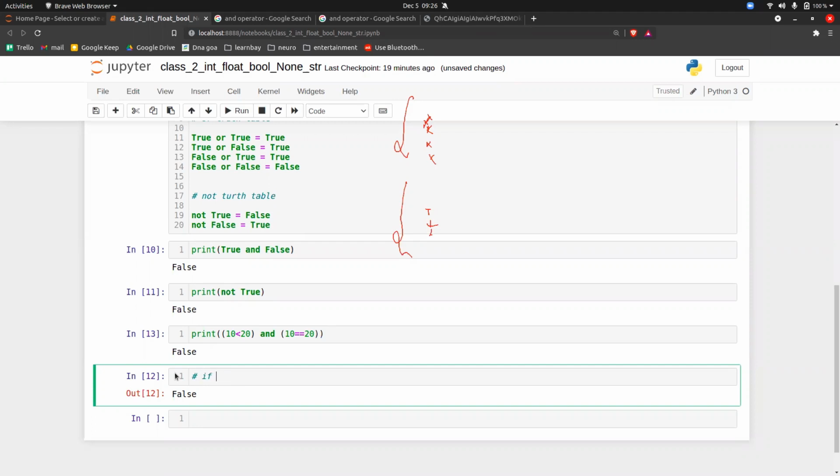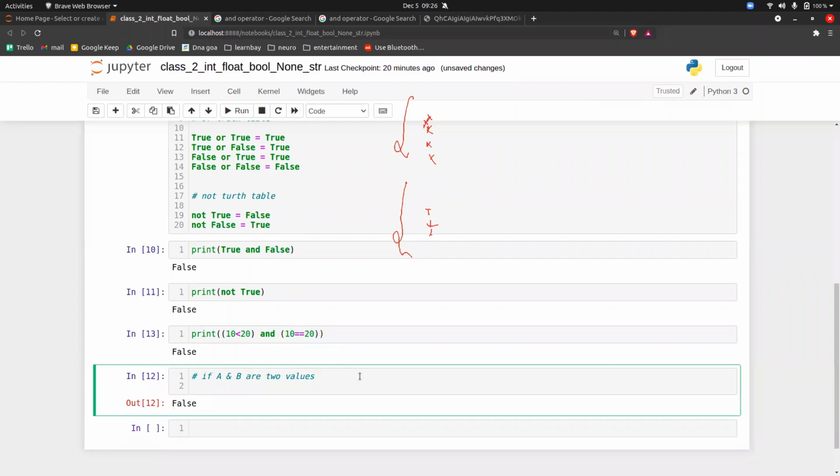If a and b are two values. I will not use this "and", because this is not the logical operator; this is the English "and" that I'm talking about. So a and b are two values.